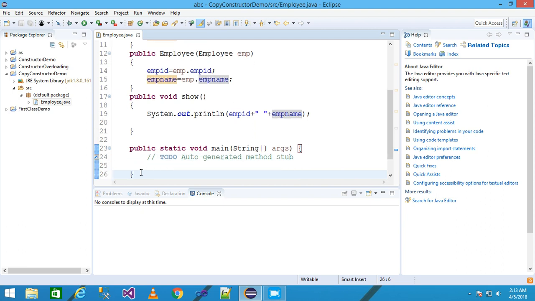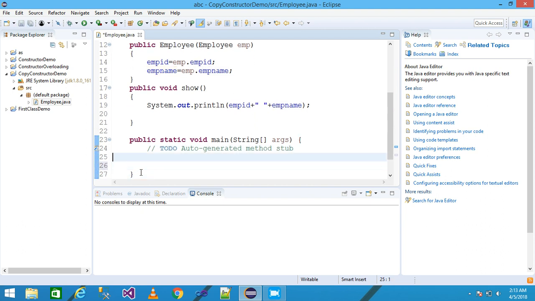Come inside the main method, press enter. I am going to create the object of the Employee class: Employee emp1 equal new Employee, passing two arguments, 1 and Ravi, terminated with a semicolon.